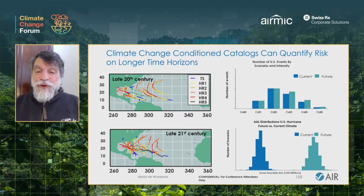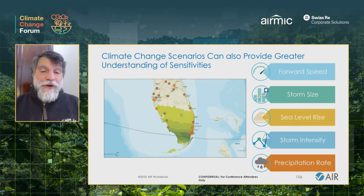So this is a helpful tool that can help insurers quantify their risk for the future. If we look at the next slide, here's another example of a tool that can be used to help insurers evaluate the sensitivity of their portfolio to particular aspects of climate change. By considering how a particular hurricane event in this example may manifest itself in a future climate, changes in forward